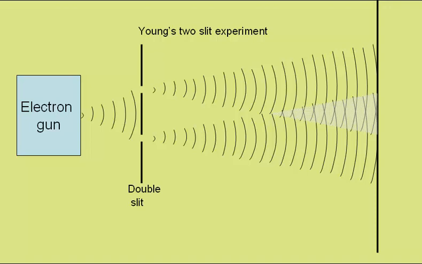This is the same experiment but now done with electrons, where an electron gun is firing electrons which will either pass through this slit or this slit, travel towards the screen and interfere at this point here. In both the cases of light and electrons, this is what we would see on the screen, a series of